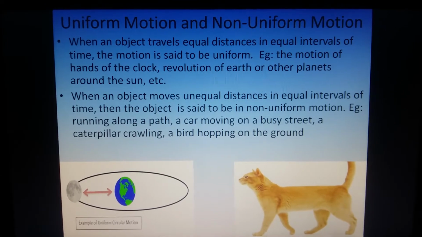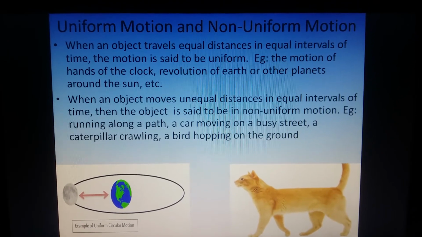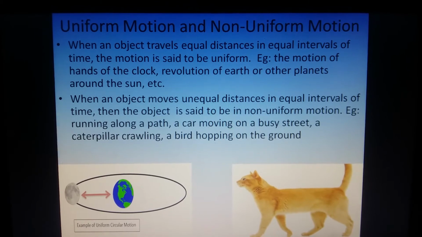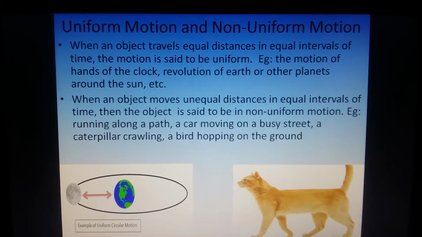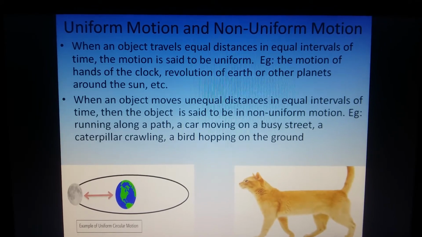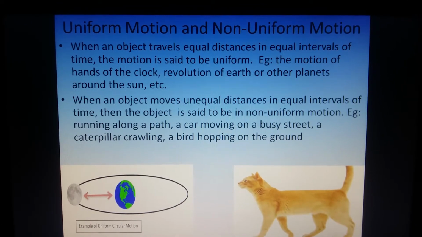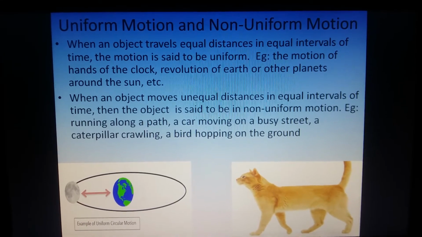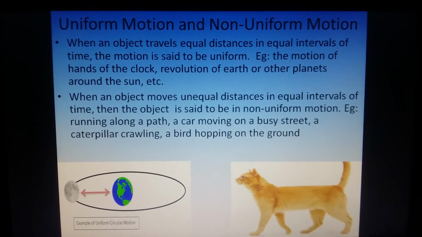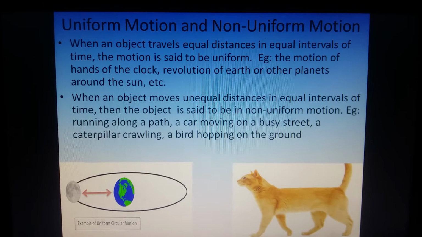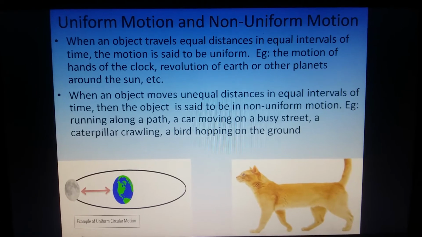In the same way, the minute hand will take 1 hour to complete one full circle of the clock. So both the hands are covering the same distance in fixed time. Always they are taking the same time to travel the same distance. So their motion is uniform. In the same way, Earth always takes 365 days to make one full revolution around the Sun. So the motion of Earth is also uniform motion. Uniform is nothing but same. So it is traveling the same distance in the same fixed time.